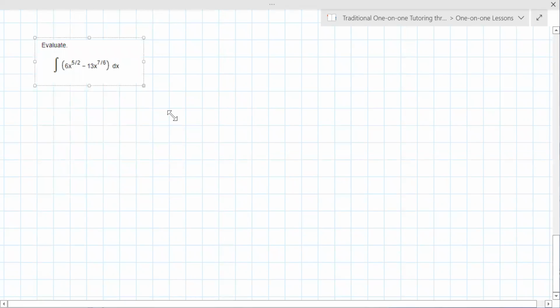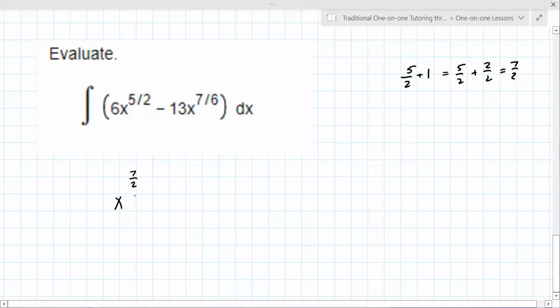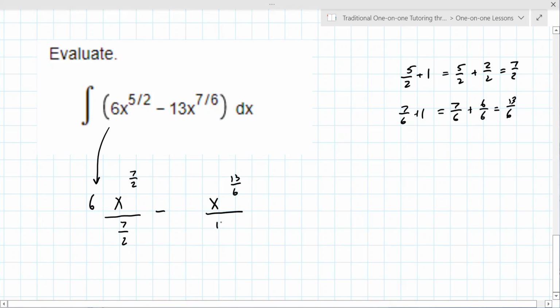The first thing they do is they introduce fractional exponents, which really isn't any more difficult. It's the same process. You have to add 1 to the fraction. So like 5/2 plus 1 is really 5/2 plus 2/2, which is 7/2. So it becomes x to the 7/2 over 7/2. Bring the 6 down, minus, and then it's x. Now this time, 7/6 plus 1 is 7/6 plus 6/6, which is 13/6. You divide by the new exponent,